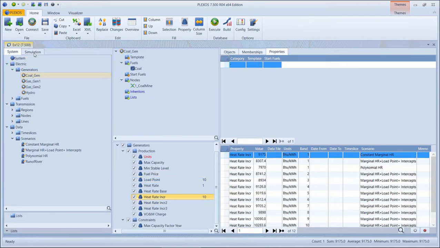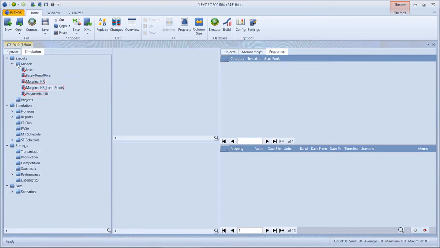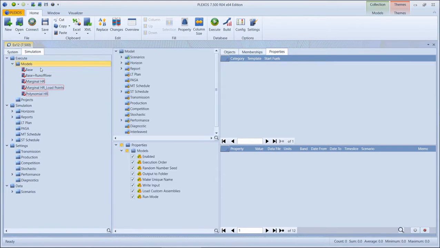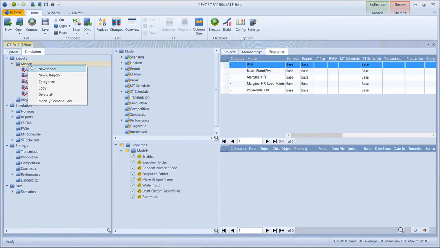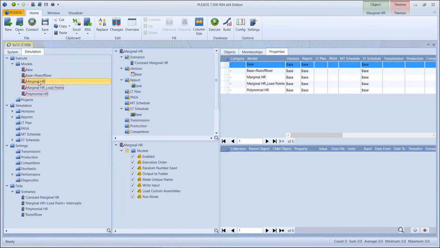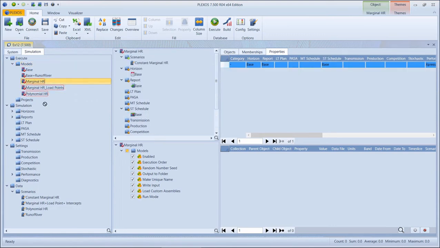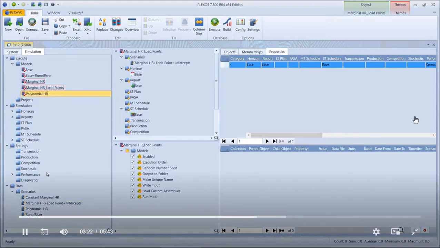Next step is to go to the simulation tab and create 3 models. So we right click and click new model, and we name them marginal heat rate, load points, and polynomial heat rate. Next step is to create a membership between these models and the corresponding scenarios. So we simply drag and drop each scenario to the model,